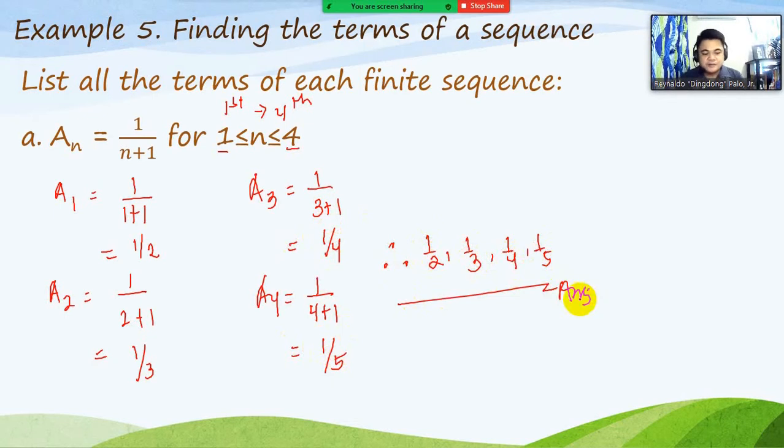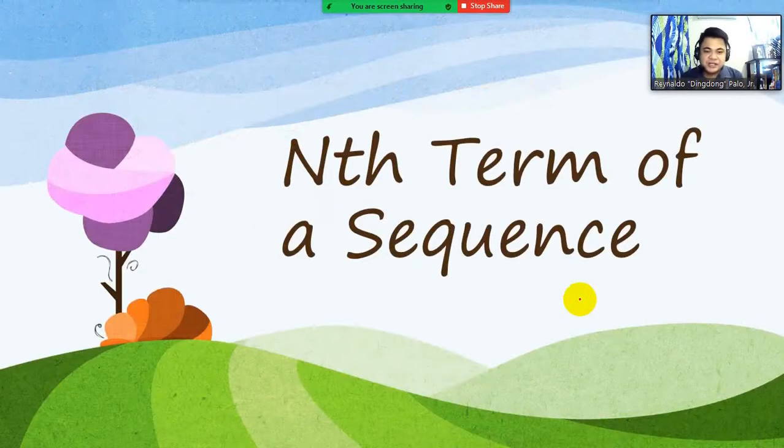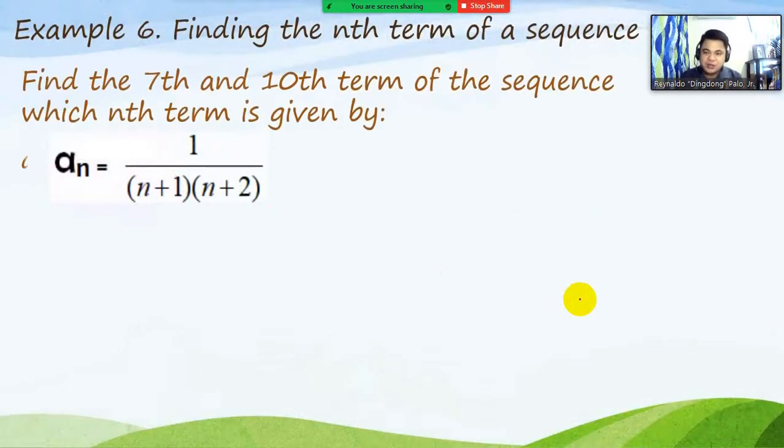Okay? Next. So that's what we mean when we say listing all the terms. What if we are only looking for a specific term? That's what we call the nth term of a sequence. Okay, example number 6. Find the 7th and the 10th term of the sequence whose nth term is given by